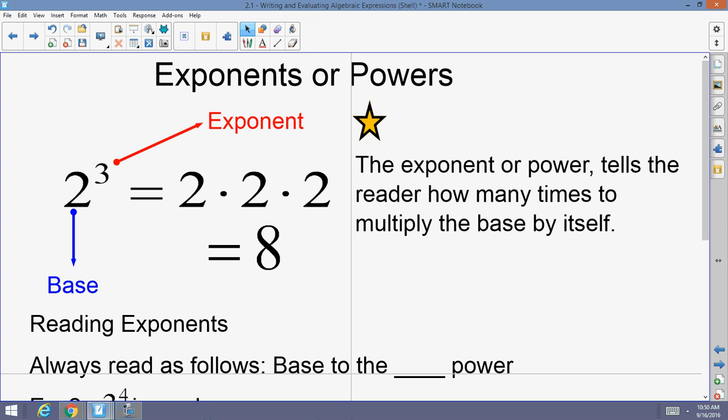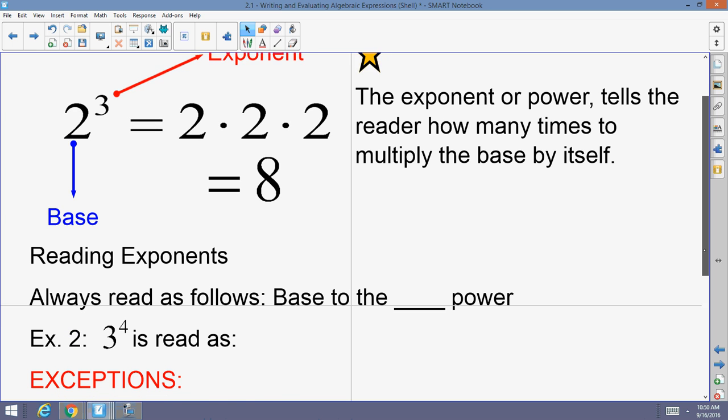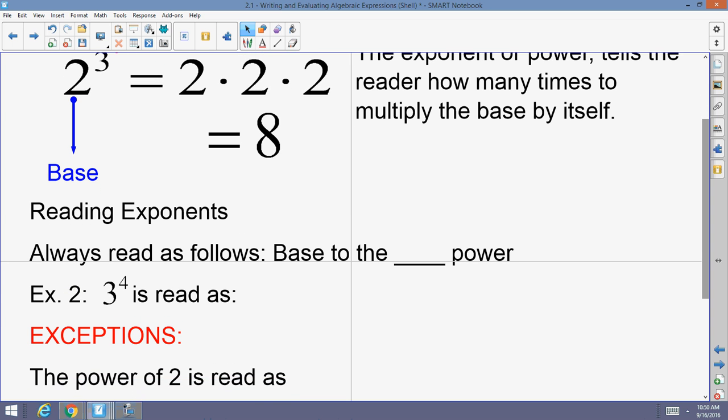Just as important as vocabulary is being able to read math. When you're reading exponents, always read it as follows: it's the base to the blank power. So 5 to the 3rd power, 5 to the 9th power, 12 to the 6th power, 8 to the negative 12th power. It's always the base to the blank power, whatever power is there. Okay? So for example, 3 with an exponent of 4 would be read as,